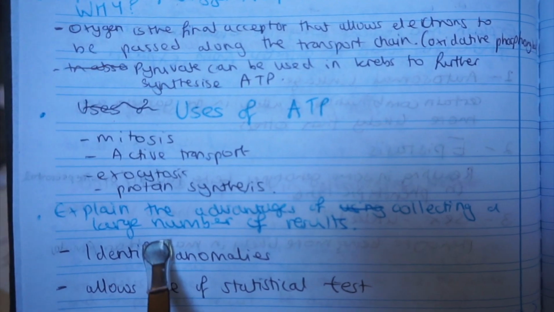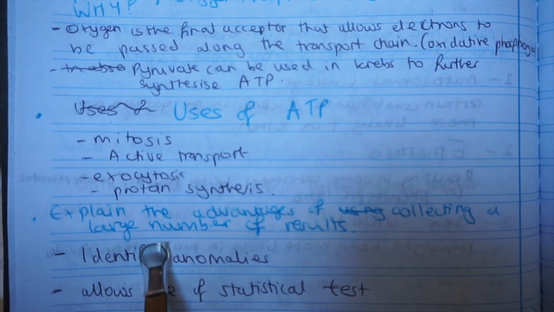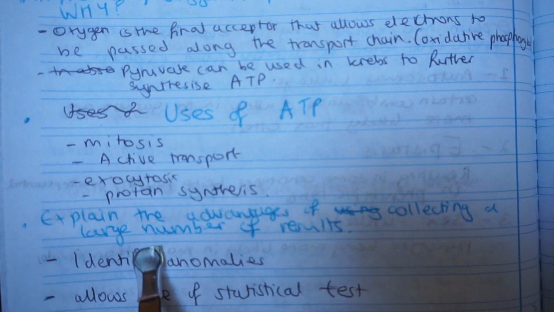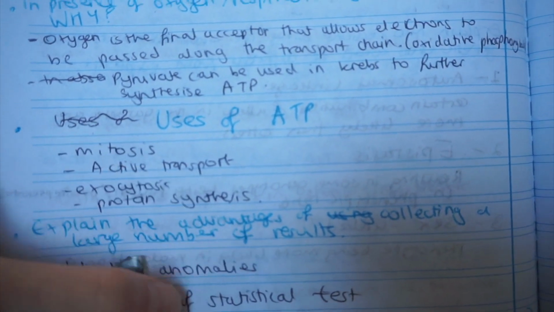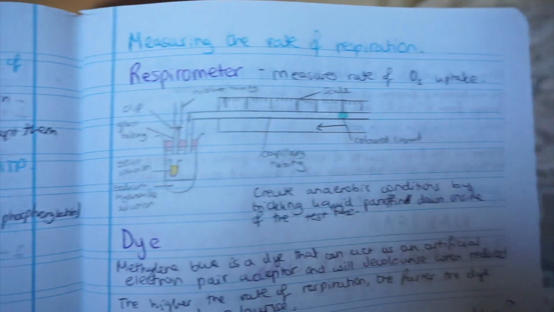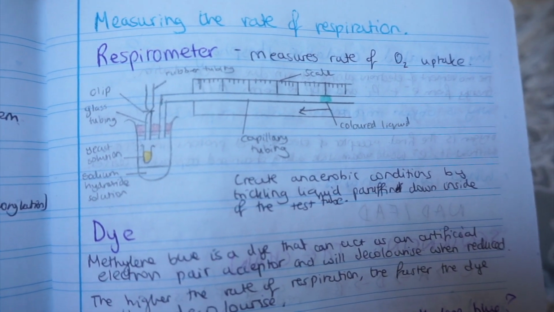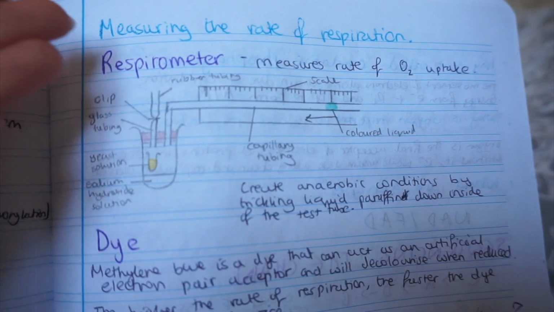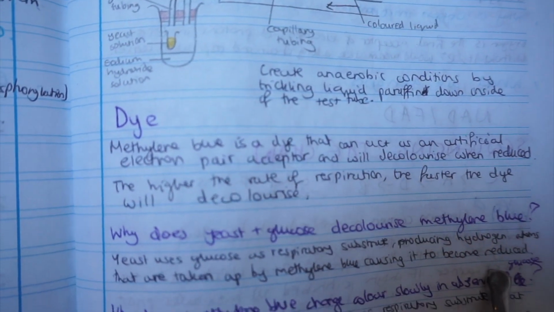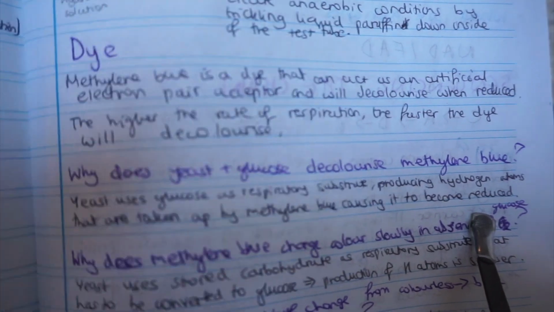Uses of ATP, so there was a lot of stuff on there that was kind of just memorizing and just knowledge rather than application that I got wrong, so I needed to make sure I put that down. And then, for example, I didn't know how to draw a diagram for a respirometer, so I wrote this down and I wrote about the experiment of measuring the rate of respiration. So I can't recommend doing this enough because it ensures that you identify your weaknesses and then you address them by looking over this and memorizing and kind of understanding why you got the question wrong in the first place.